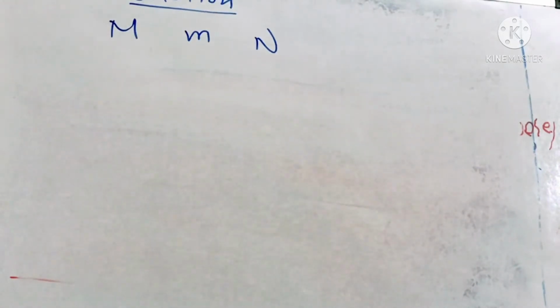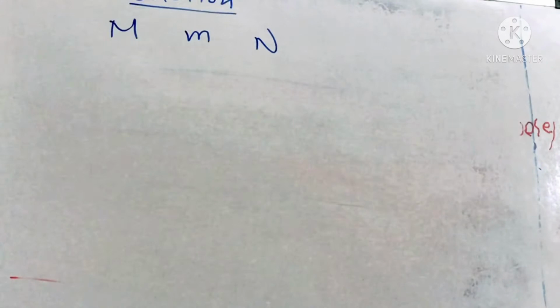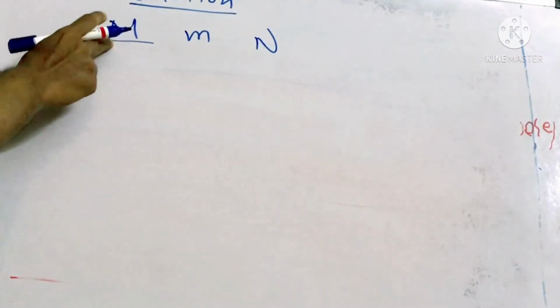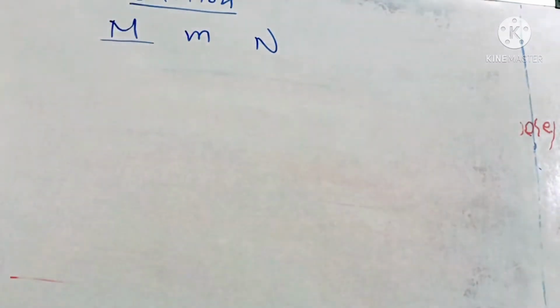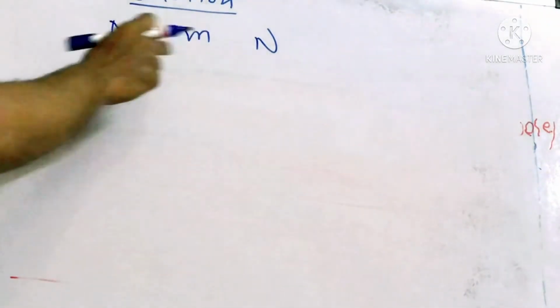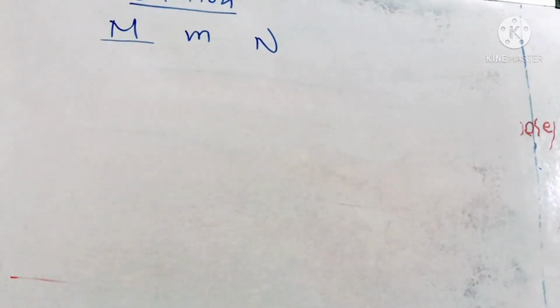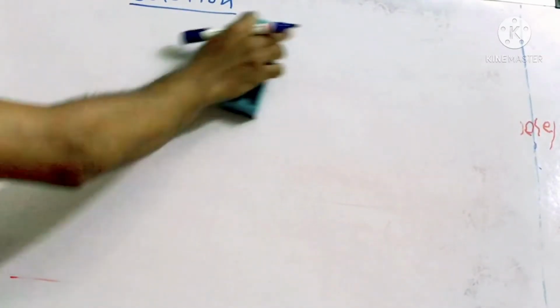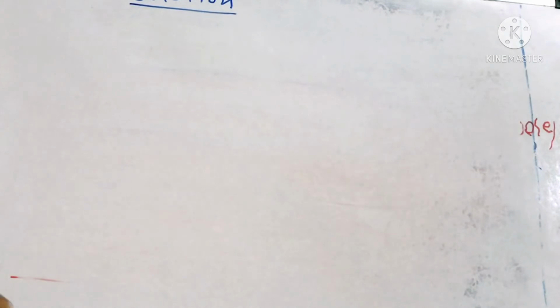Clear? So this is the way we can get the gram equivalents: molecular weight divided by valency. These are the three different ways, and we have seen that molarity varies with the temperature, because the volume term is available here, so your volume will vary at different temperatures. Since the volume is varying, molarity varies, but molality would not have any effect of temperature. So when you increase the temperature, there will not be any change in the molality. At any temperature you can find the same. So these are the three terms we have seen: molarity, molality and normality.